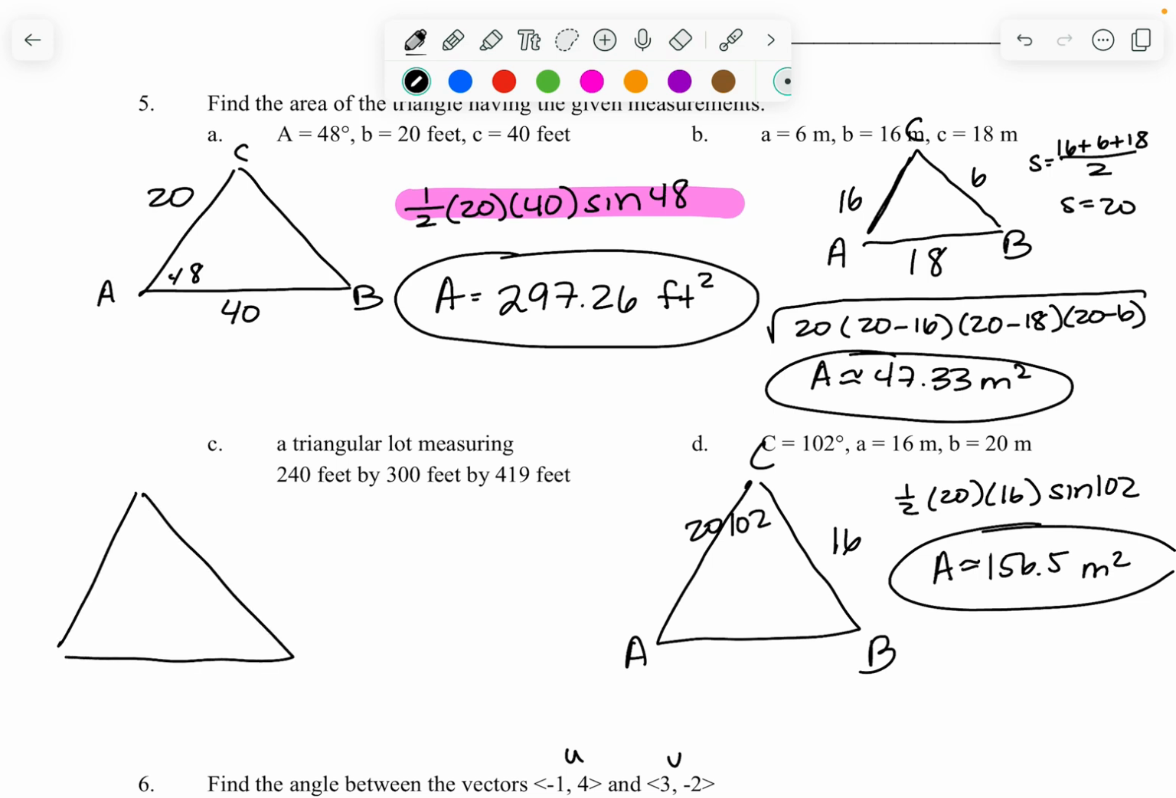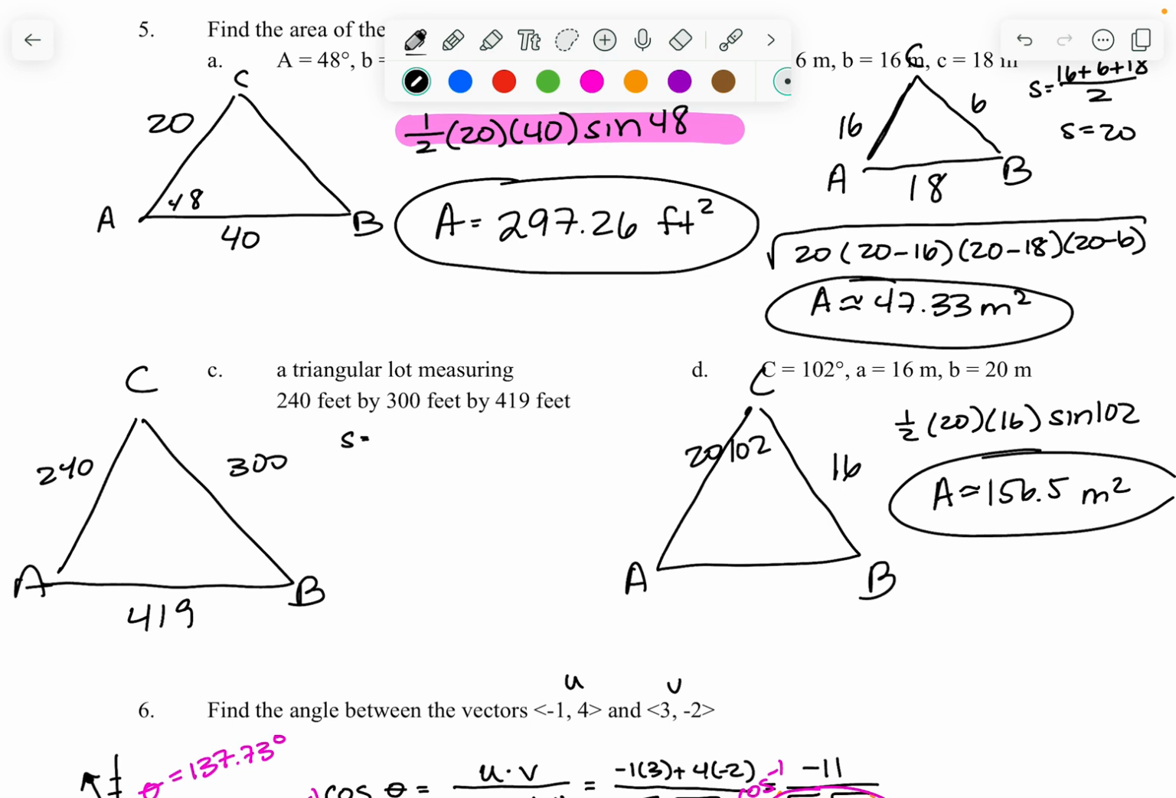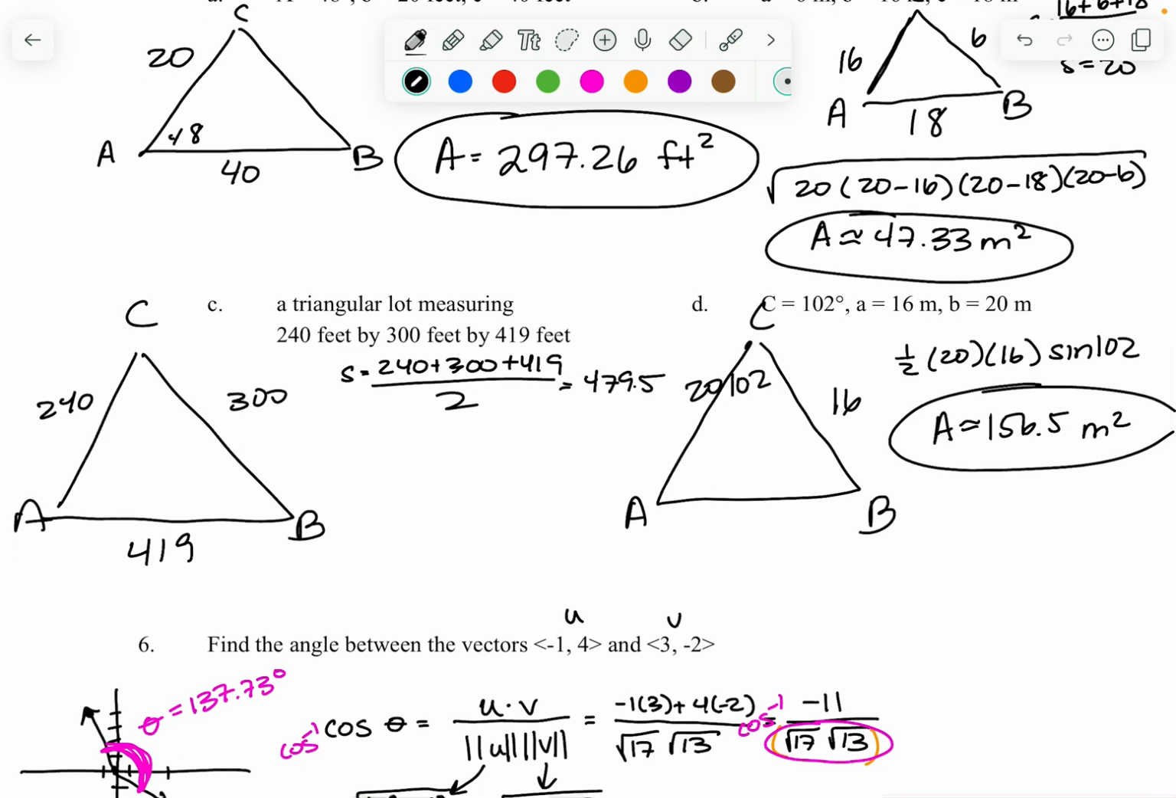This guy here, same deal. It doesn't tell you what is what, but that's fine. Same thing: you find S. S is where you add up all the sides and divide it by 2. In this case, you're going to get 479.5. This one's a pain because there's a lot of numbers. What you're going to type into your calculator is the square root